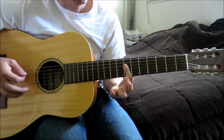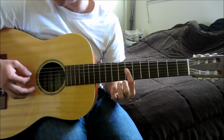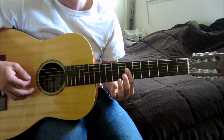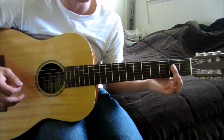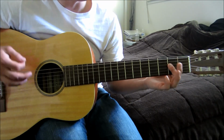And now, we're going to bar on the 7th fret from the D down, and slowly strum and do a hammer on this from the 7th to the 8th fret of the B string. And then you're here on the 2nd fret. You're going to bar again, the same strings. You're going to strum,